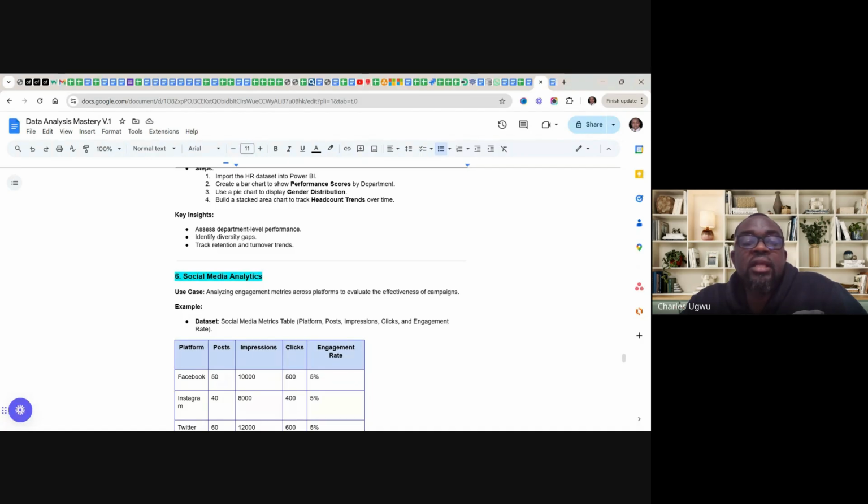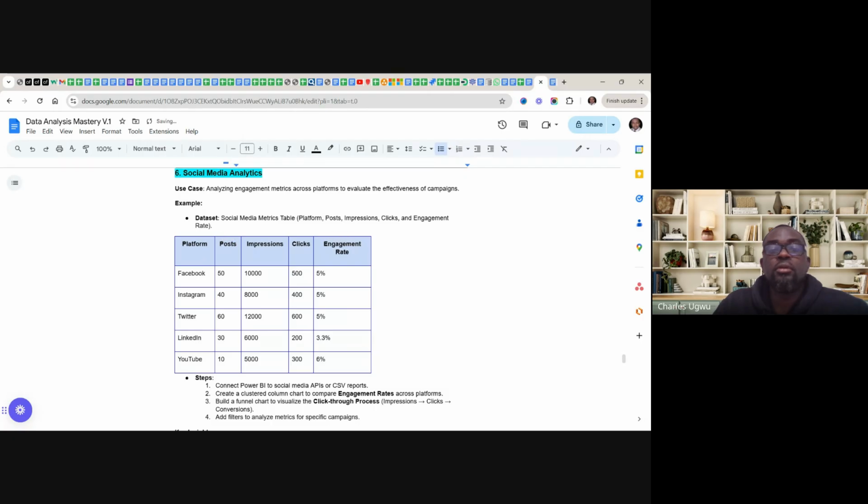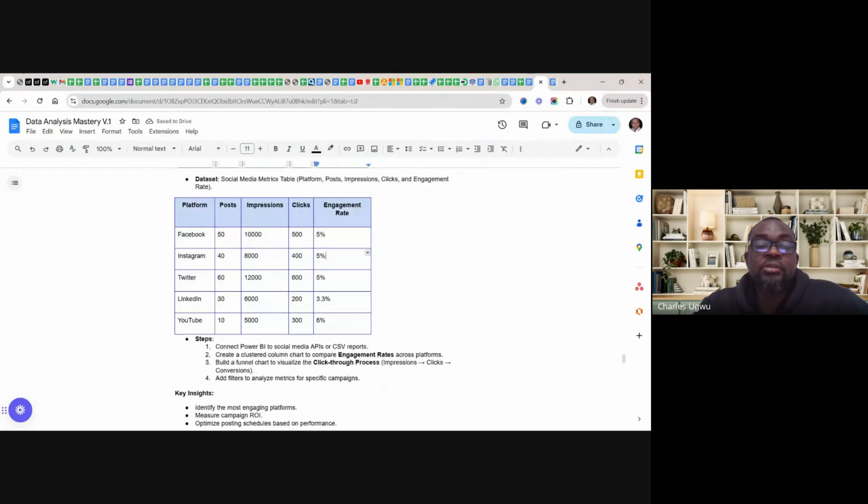And the data sets will look like this: platform, post, impression, click, and engagement rate. So this is the kind of data we can analyze using Power BI when it comes to social media analytics. Here we have Facebook, Instagram, Twitter, LinkedIn, YouTube. So, the steps: import